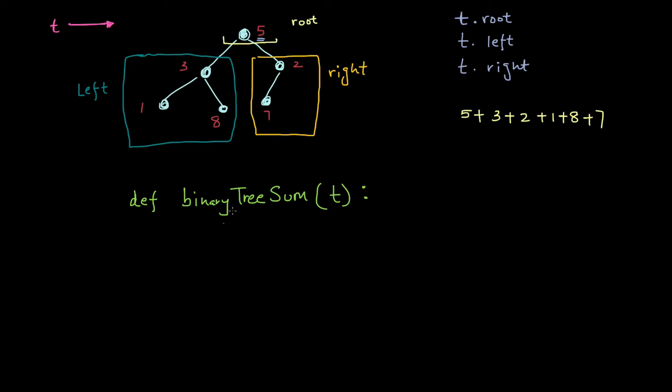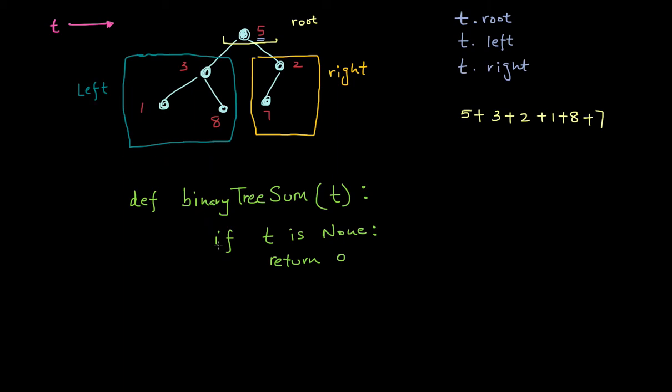The base case here is, whatever this tree is, if the tree is empty to begin with, meaning if t is None, what is the summation? What is the summation of every single element in an empty tree? It's just going to be 0. I'm just going to say return 0. If t is not None, meaning t is basically some kind of a tree,